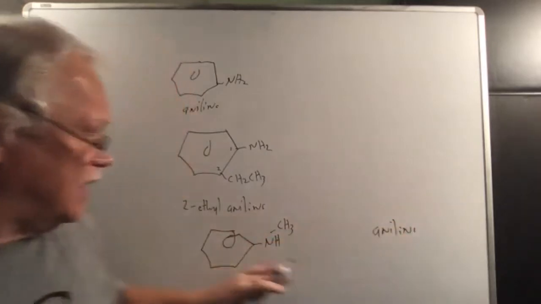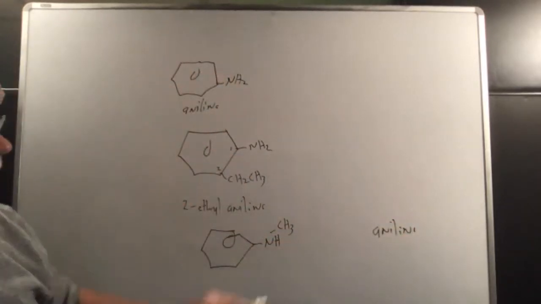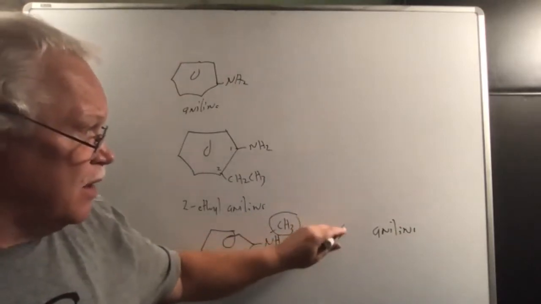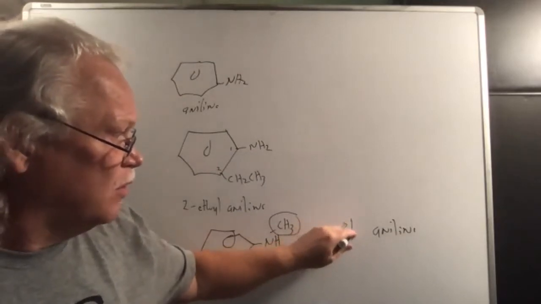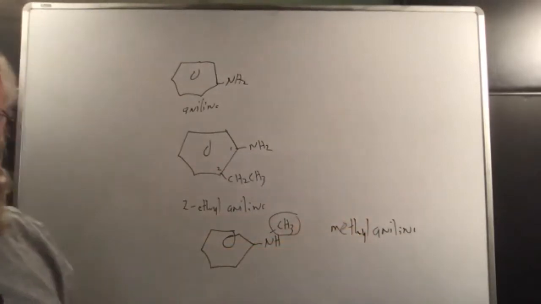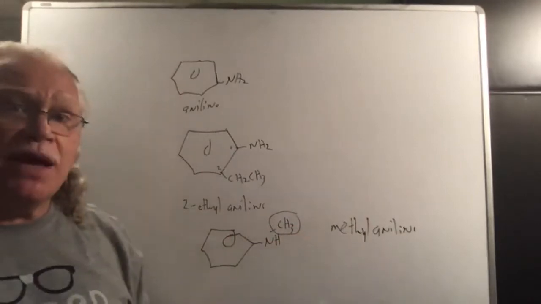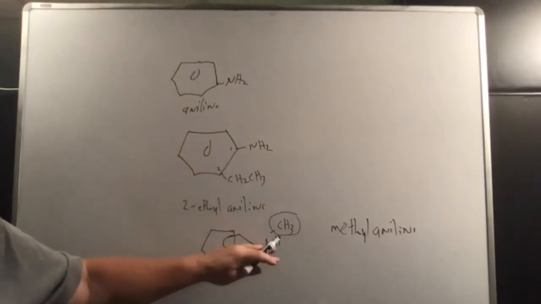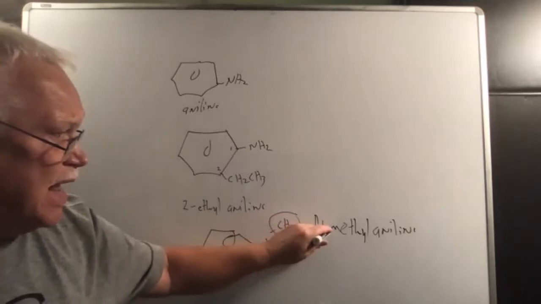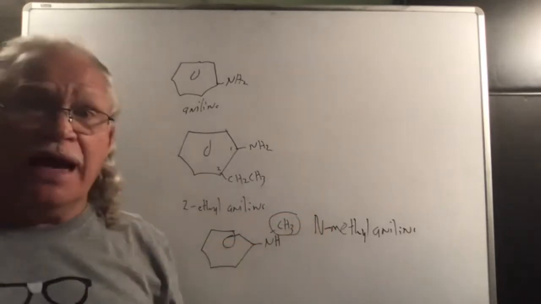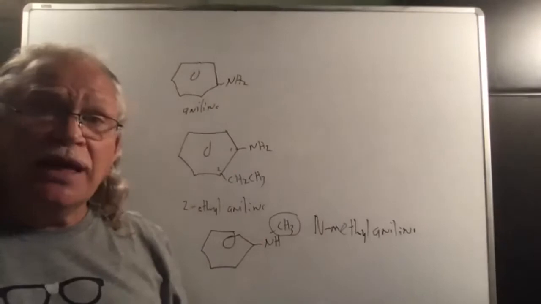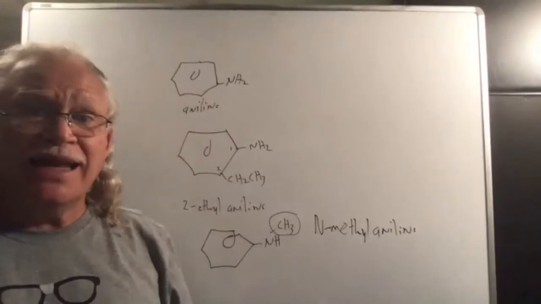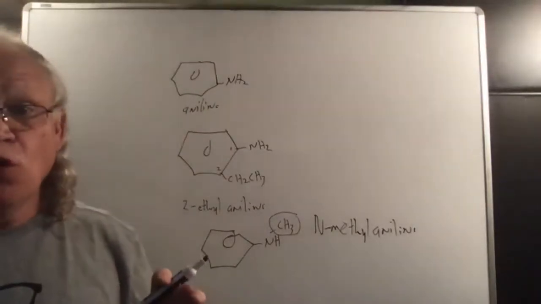Now, when you name this compound as an aniline, what's different about it than the top compound? There's a methyl group out here. So you're just going to say methyl aniline. But you have to say where that methyl is. Notice if it was on the ring, we would use a number. But since it's attached to the nitrogen, what we say is capital N methyl aniline. So when we use capital N to show the position, that means whatever group we're talking about is attached to the